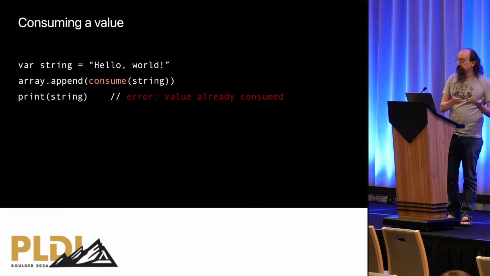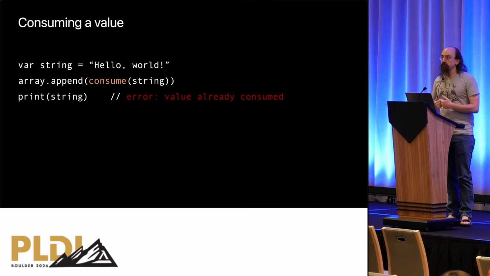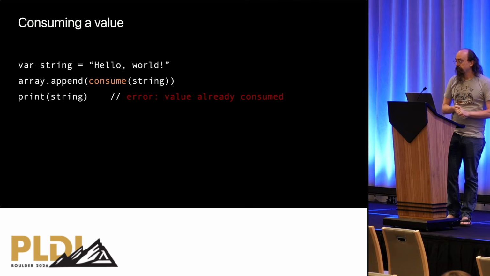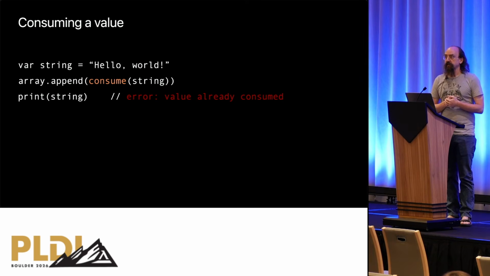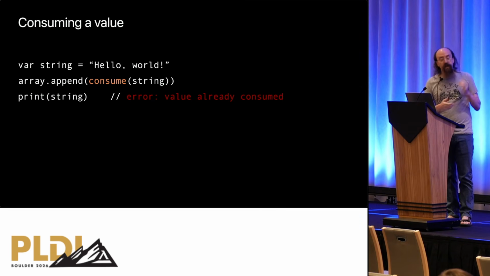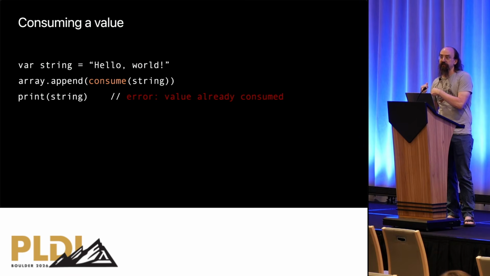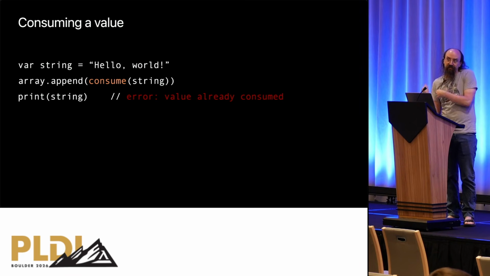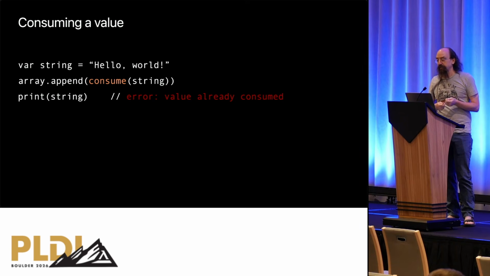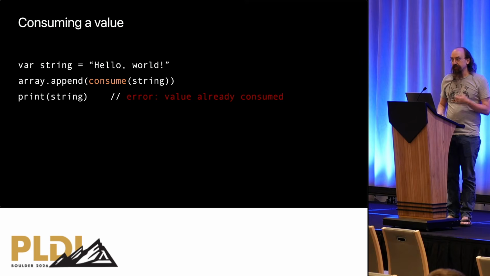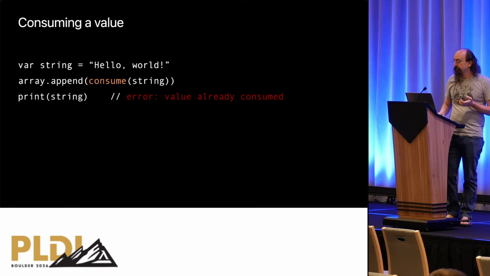However, it has a big restriction. The value stops being available wherever it used to be. It's necessarily a strict transfer of the value. That means you can't always do this in the language. It's not a default option that's always available. Or you might have to rework the code to make it possible. In this specific example, I can consume the local variable to add it to the array, and then instead of reading the value from the local variable, I can just read it out of the array where I just put it. But that sort of convolution isn't always possible.